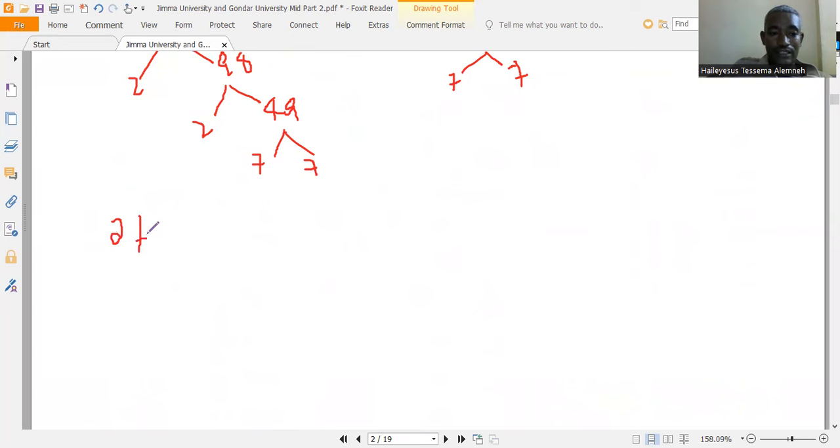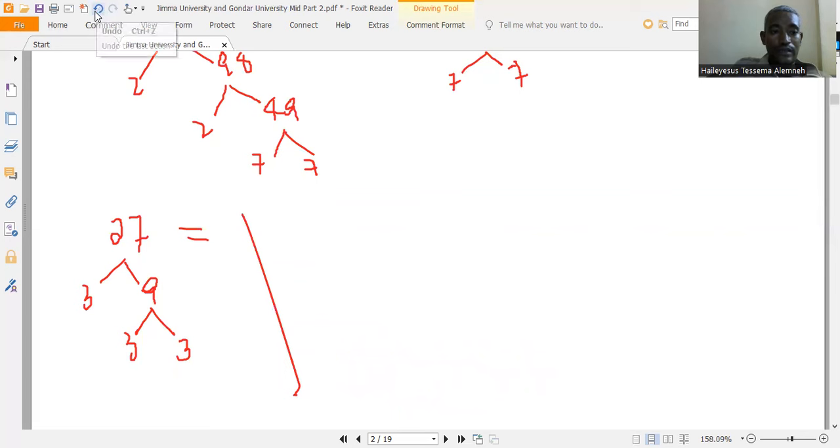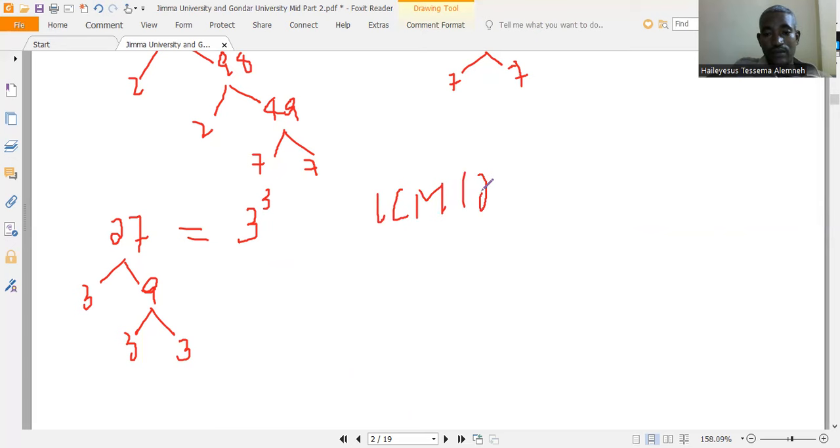የ27ን ፕራይም ፋክተራይዜሽን እንጻፍ። የ27 ፕራይም ፋክተራይዜሽን ለ3 ለ3 ለ3 ነው፣ ስለዚህ 27 ሲጻፍ 3 the power of 3 ይሆናል ማለት ነው። አሁን LCM of 27 እና